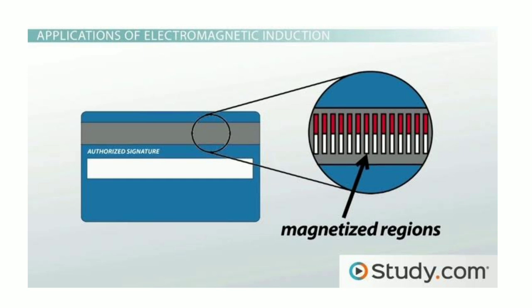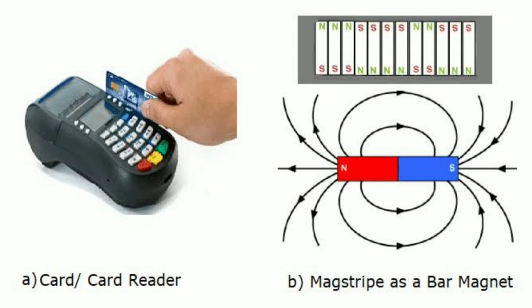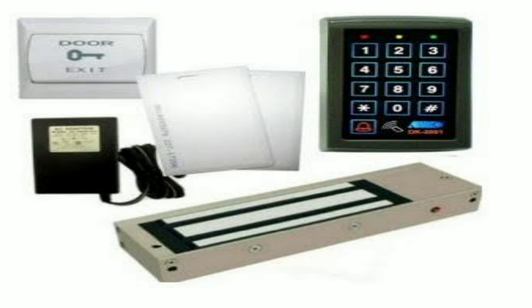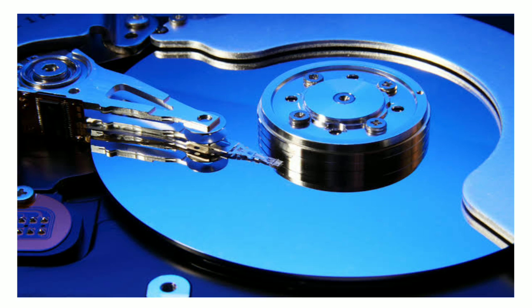Okay, and this is something special. On the backside there is a magnetic strip, black color, you can see. There are a number of north and south poles arranged, so the information is stored in that. And this is the same thing I told now, the card reader, the magnetic strip reader. And this is the security system based on magnetism. This is our hard disk. It's also a magnetic substance or magnetic material.